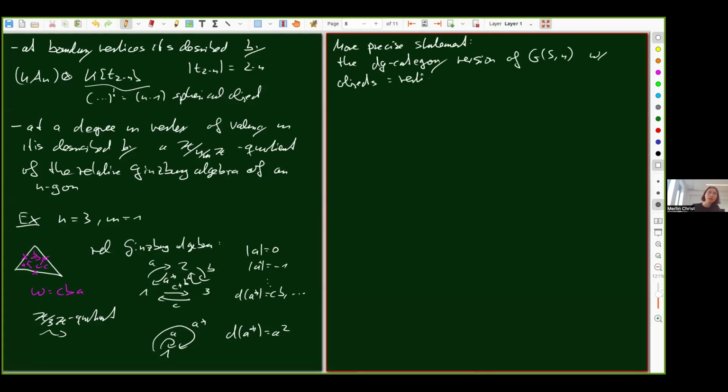If you have a quiver algebra, you can always consider this as a DG category with finitely many objects, where every vertex is an object. This doesn't hurt. It's Morita equivalent, and for technical reasons it's better to do this in this case. So this DG category is the homotopy colimit